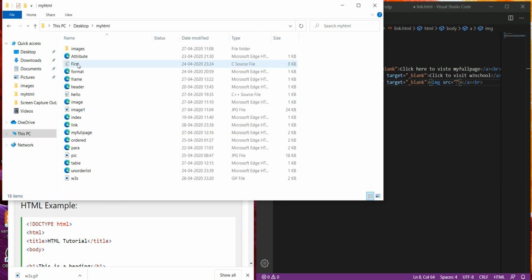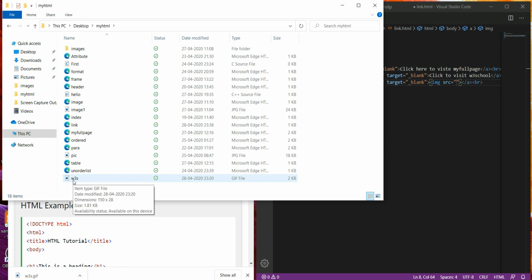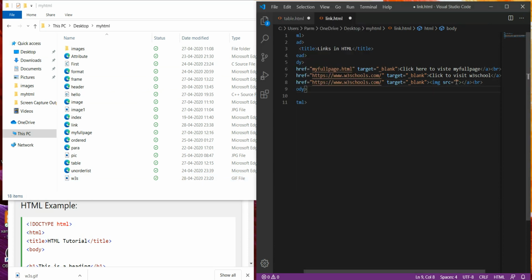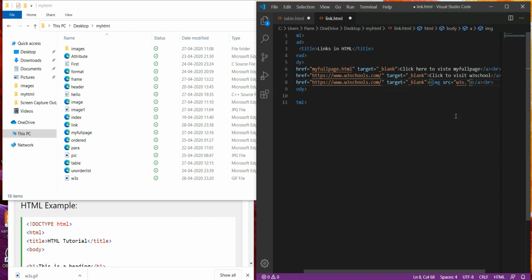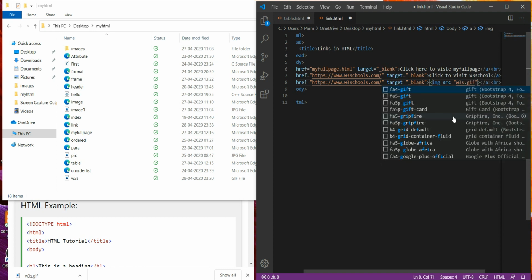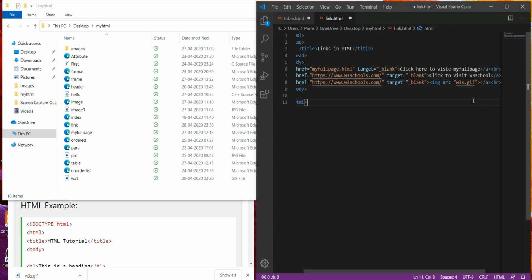If I go to my HTML folder, here I have downloaded an image file. The name of the image file is w3s and the extension of this file is gif. So I will give the path of this file, w3s.gif. You know how to insert images, we have already done this.